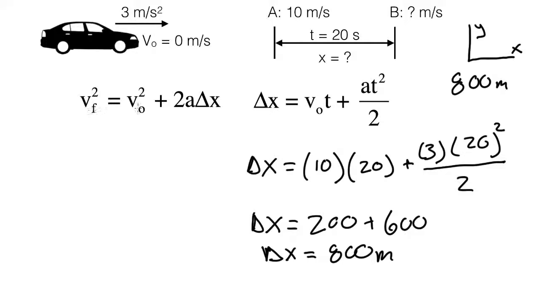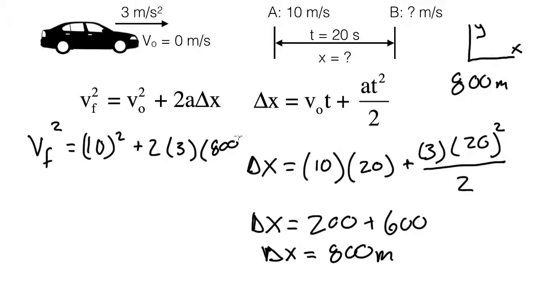So now that we solved this, let's see what this final velocity would be right here. So in order to do that, I'm going to use this equation right here because we're looking for this final velocity. So the final velocity right here is our unknown. So we have v final squared, and that's going to be equal to the initial velocity, which would be this 10 squared. And we're going to add that to 2 times the acceleration, which would be 3. And the displacement, this displacement from this initial to this final, would be this displacement that it travels between. So this displacement would be 800,